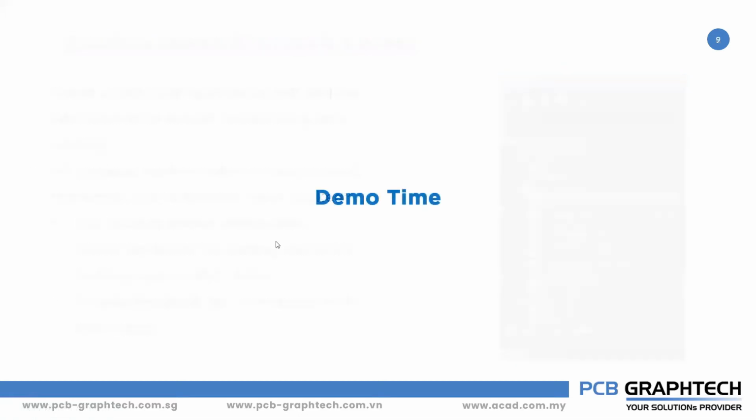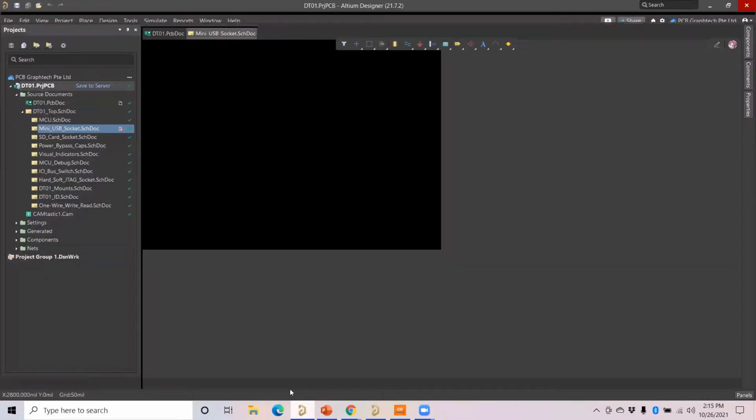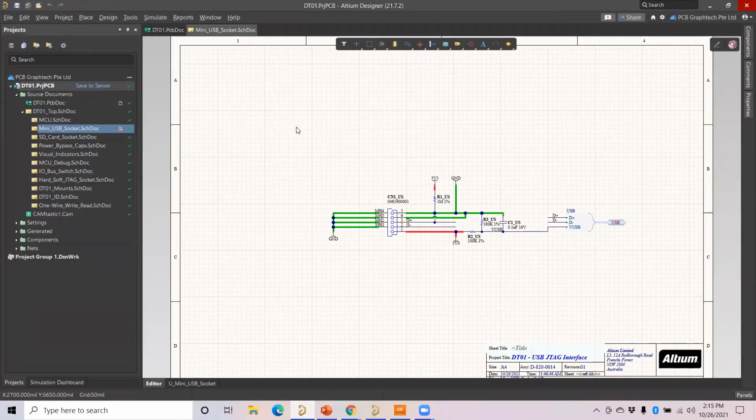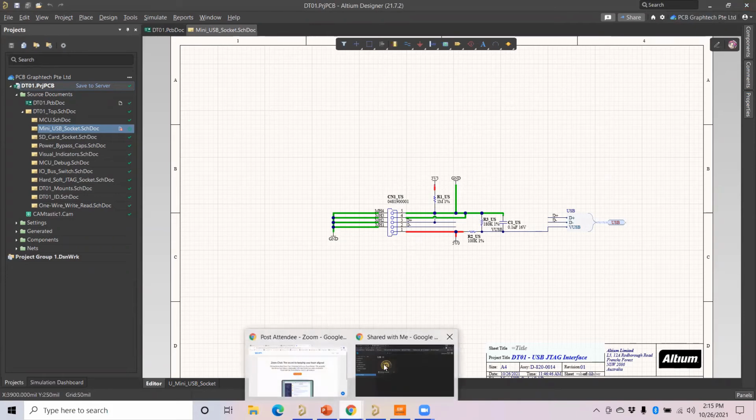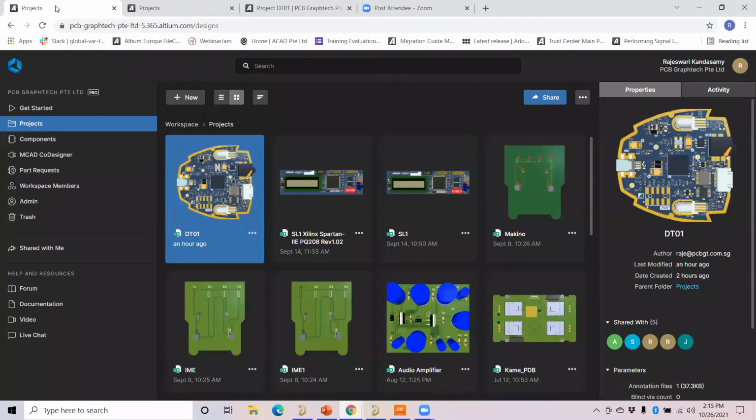Okay, so now let me go to the demo to show you the team configuration. Now I am inside this Altium Designer. You can see my project. I'm using the workspace of Altium 365, my company server. On the top right corner, you can see the company server here. Now I have opened my workspace. Let me open my Altium 365 here. Okay, so I just go here and open my workspace. You can see I have already opened my workspace, and in my workspace, you can see the projects, the component panel, all here.